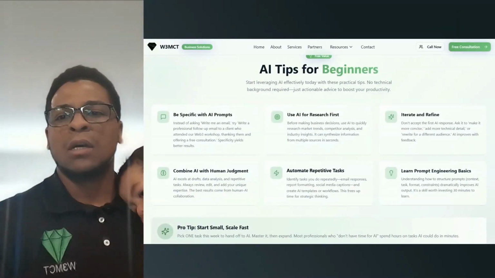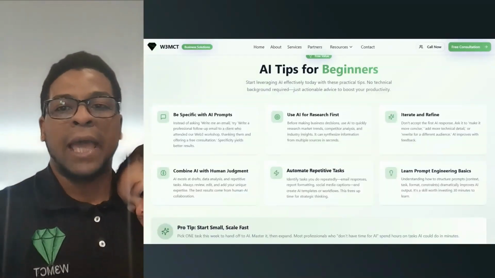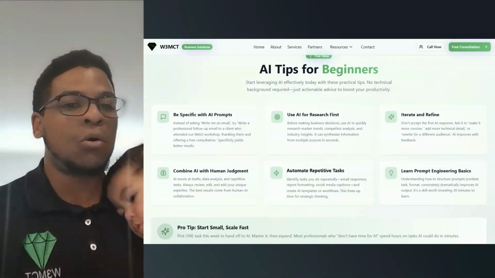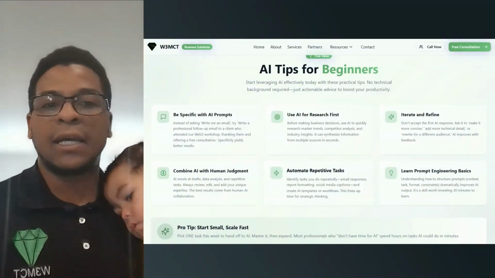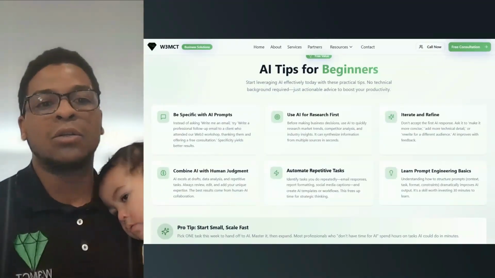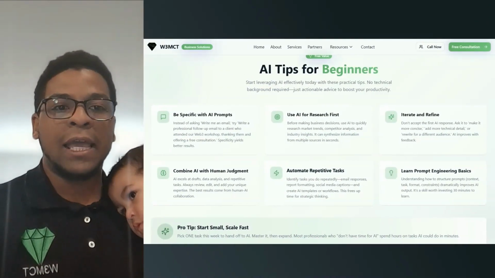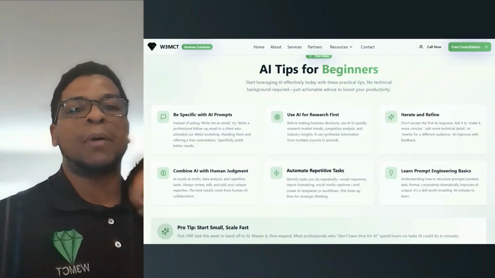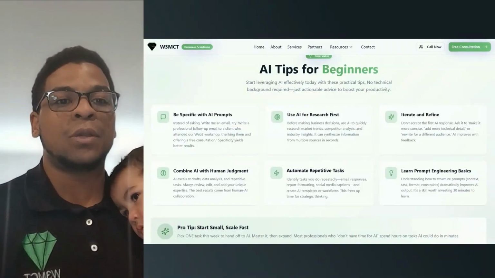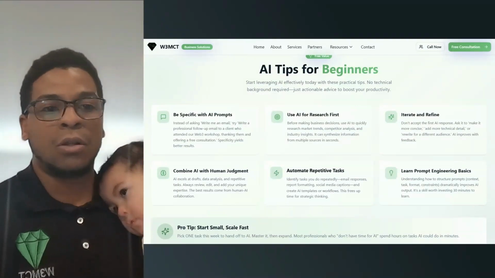And so combining AI with human judgment is really going to be awesome, because AI will be able to provide you with all of the important, boring data, insights, everything you need to make your solution best for you. But AI is not going to know the best way to implement that solution within your local business or within your job or within your local marketplace.